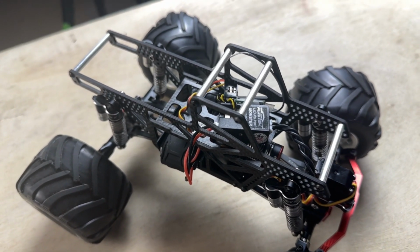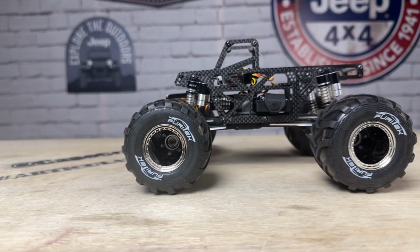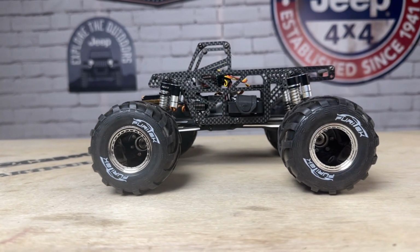So we're gonna take our pre-existing TRX4M monster truck, we're gonna rip this brush motor out, we're gonna throw the brushless motor in and we're gonna rip this thing. I've also got some new Furitek monster truck tires and wheels we're gonna put on this. So let's jump in and check out the parts that we're gonna put on this rig and then we'll get